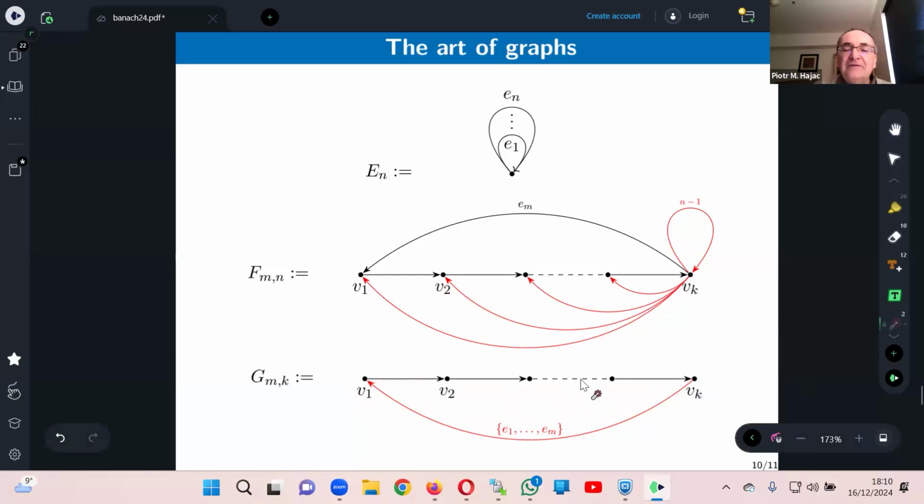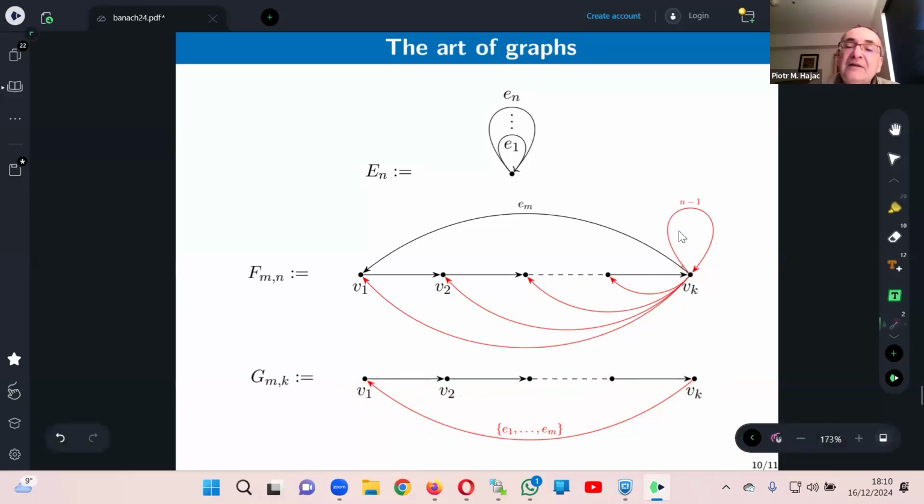And this way I have a path of length 2 going from vk to v2. And the regularity condition is satisfied because all these edges from v1 to vk minus 1 emit only one edge. So I always extend by all edges coming out of the endpoint. And you continue. If you want to take care of the edges going from vk to vk minus 1, you take some edges from here and compose them with the path to vk minus 1.